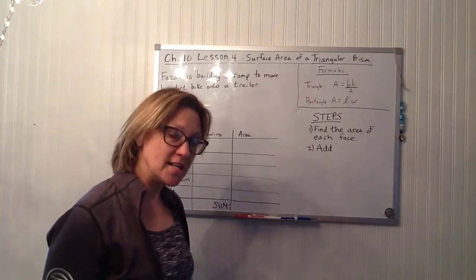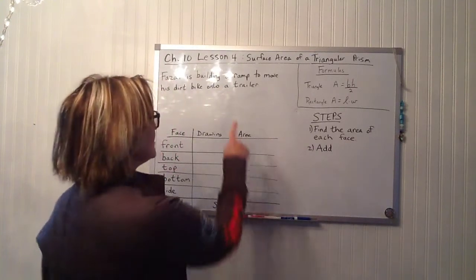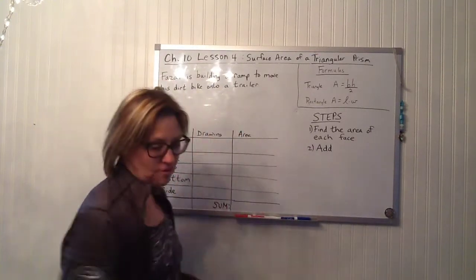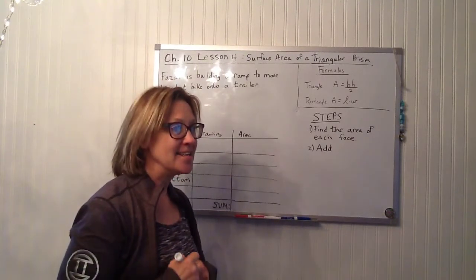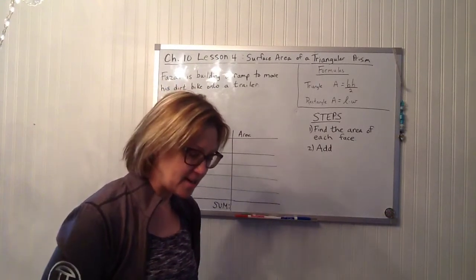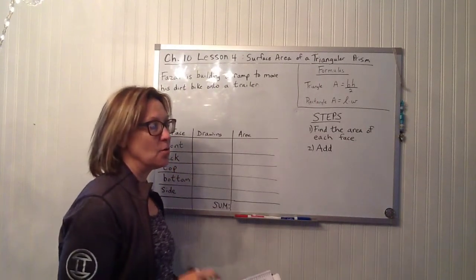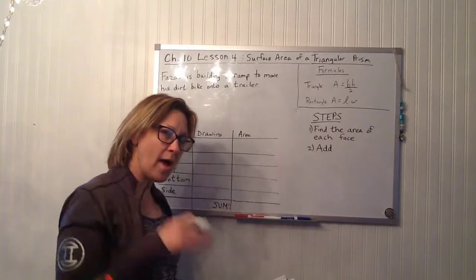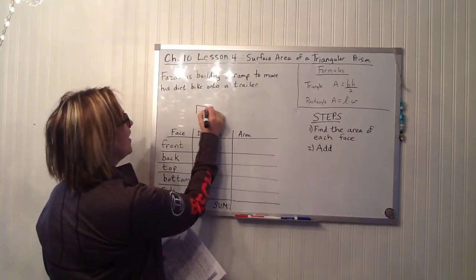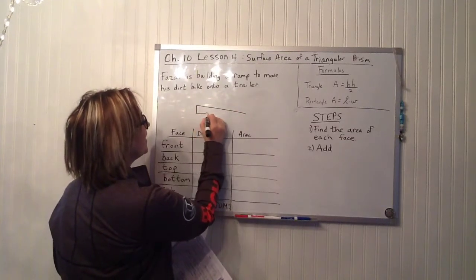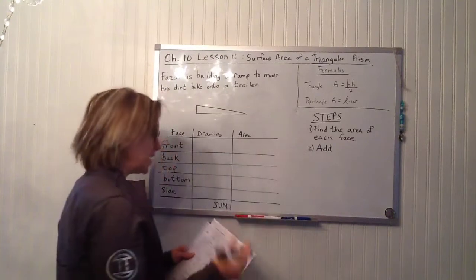So if you need to pause for a minute, go ahead and pause the tape and then come on back. So as you know by now, I like to draw out all these figures because it helps me, once again, to get a sense of what all the parts are. So Fazil has a ramp. He's trying to get it on a trailer, which means it's going to be a long wedge type of ramp. So I'm going to start with a triangular base, and that's my triangle, and it's long because it's a